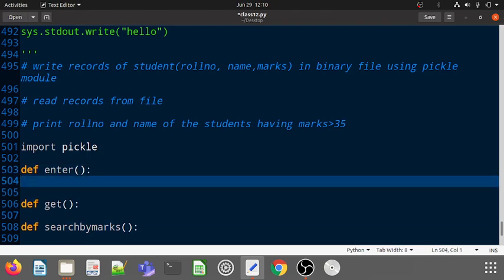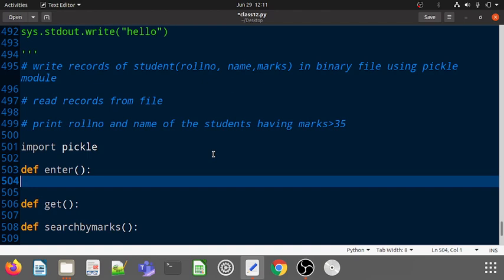As we have discussed in the previous video, we have two ways to work with a binary file. One is using the encode and decode functions, and the second one is using the pickle module. In encode and decode, we are converting our record into a single string, then we encode that string, and after that we write the encoded text into our file. Means the encode and decode functions deal with strings only, but when we are working with the pickle module,